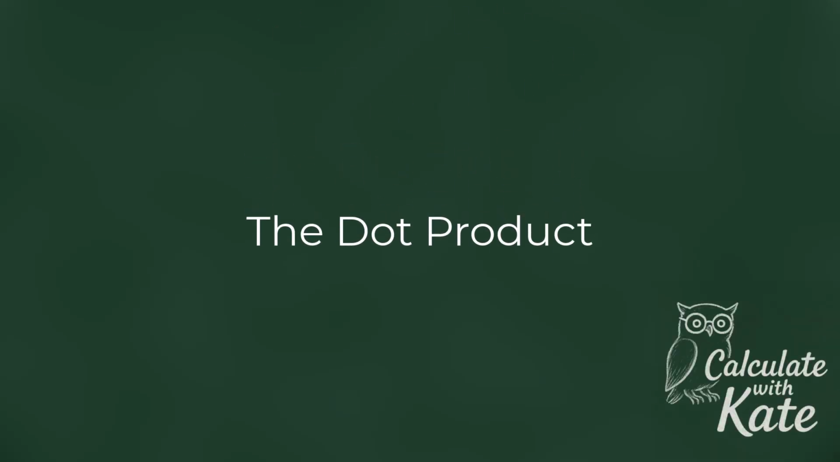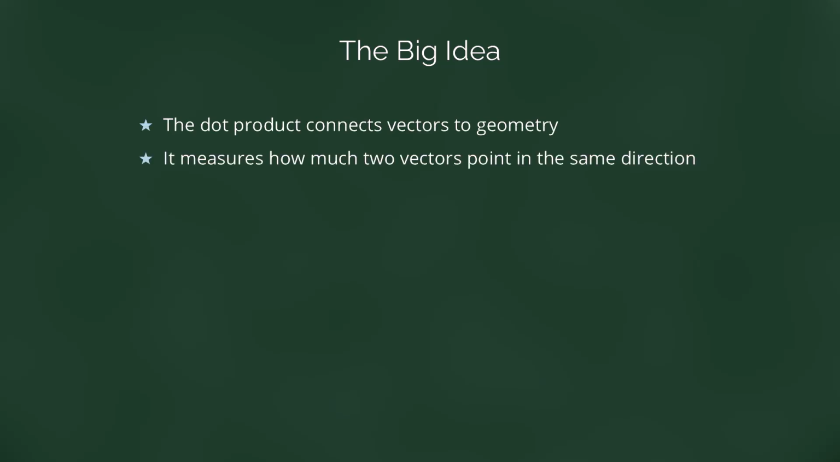In this video, we are going to examine a profoundly useful notion for vectors, the dot product. Why do we want to know about dot products? Well, the dot product is going to be a quantity that connects our vectors to geometry. In particular, a dot product is going to measure how much two vectors are pointing in the same direction. We'll be able to use them then to find angles, to find work, and to find projections of one vector